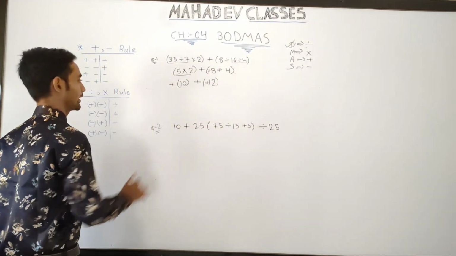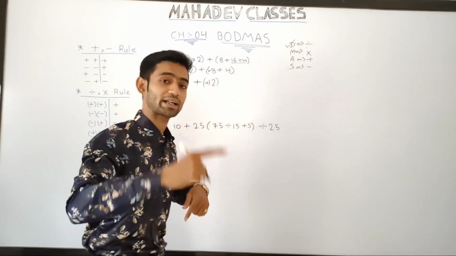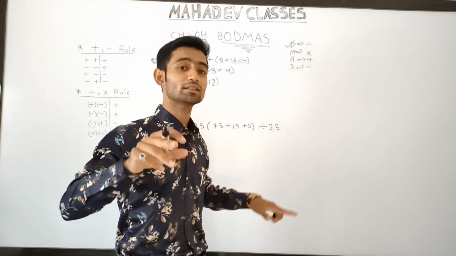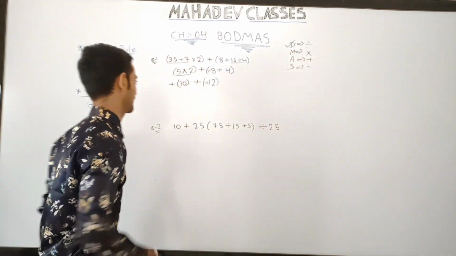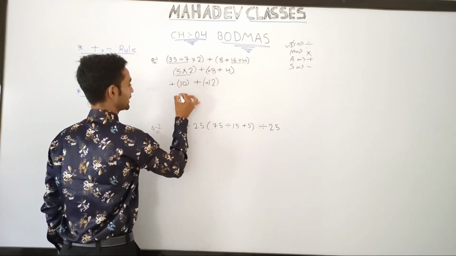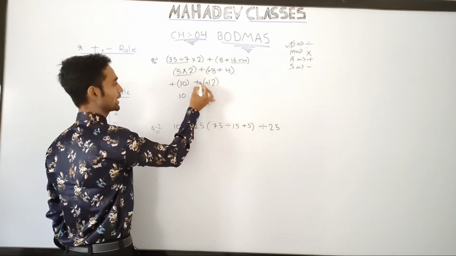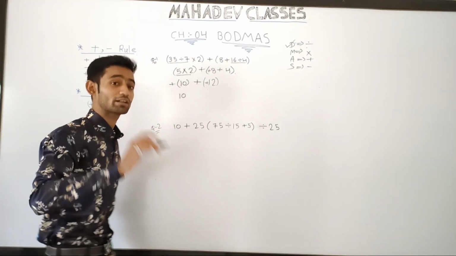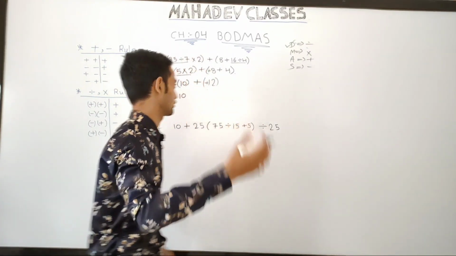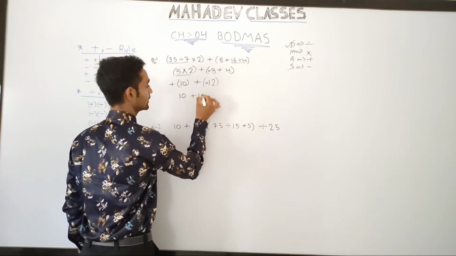Always remember this. So now whenever there is a plus sign, it means to remove the bracket there will be no change of sign inside this bracket. So plus, and to remove this bracket we will simply write 10 as it is. See, and now before this bracket we have a plus sign, so there will be no change in symbols, so we will simply write here plus 12.